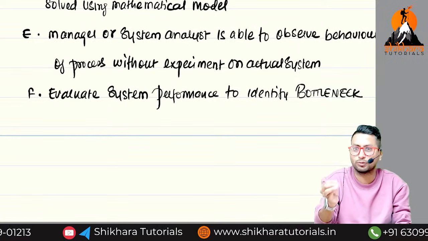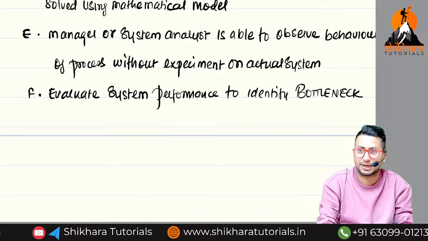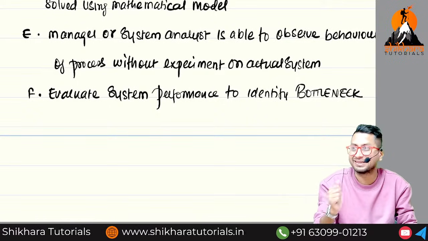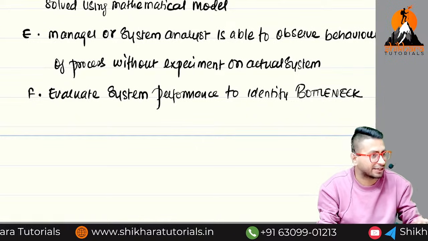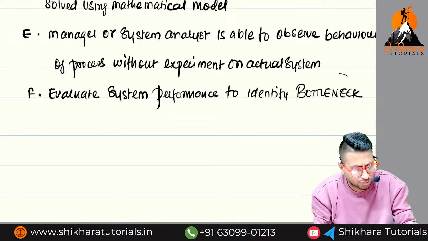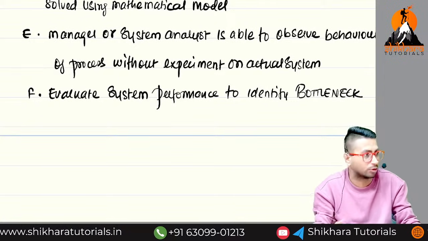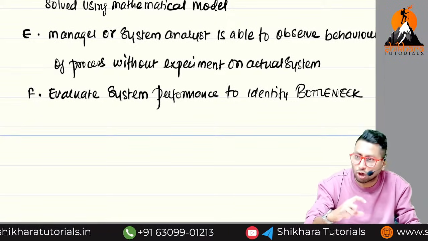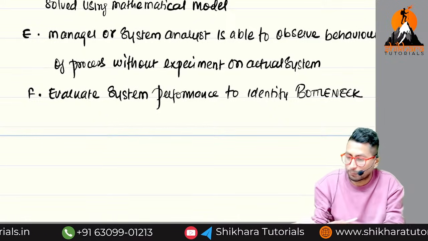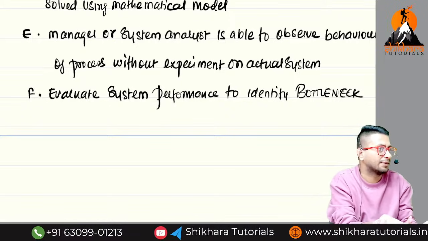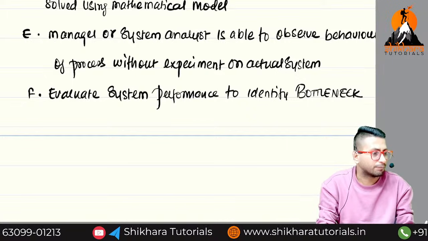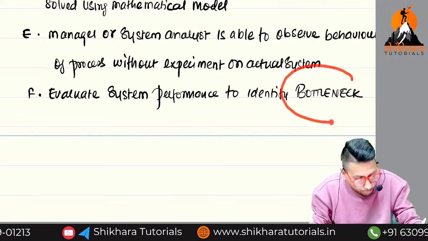I think OM students, you might have studied one concept in chapter 7, the last chapter of OM: maintenance. Preventive maintenance is there, breakdown maintenance is there. Problems also you might have calculated, right? That is only bottleneck. I am trying to find out at how much stress level my machines may break down. Should I go for preventive maintenance, or should I go for a combination of preventive and breakdown maintenance? That I am going to find out.